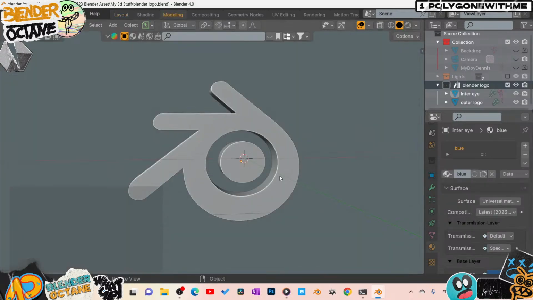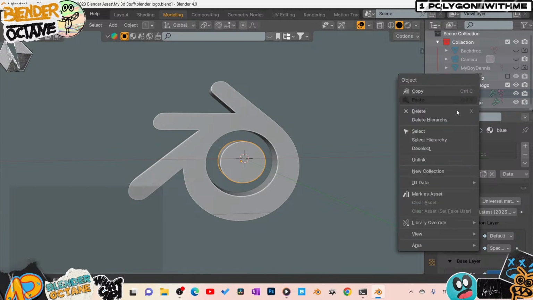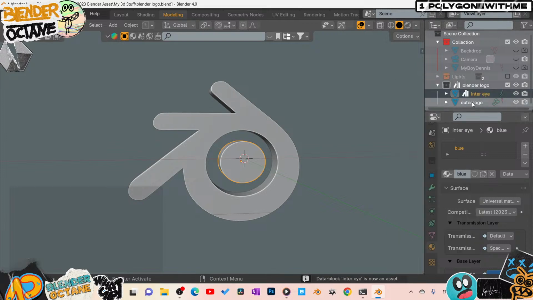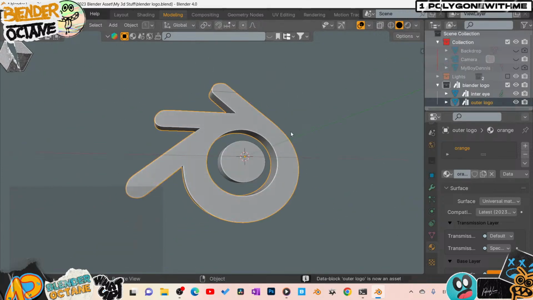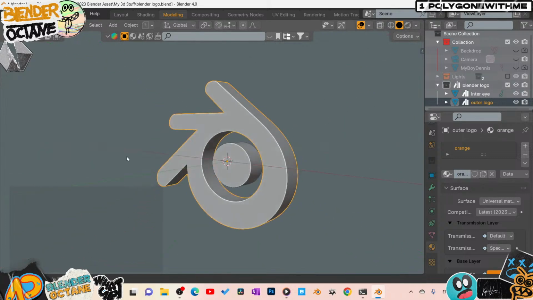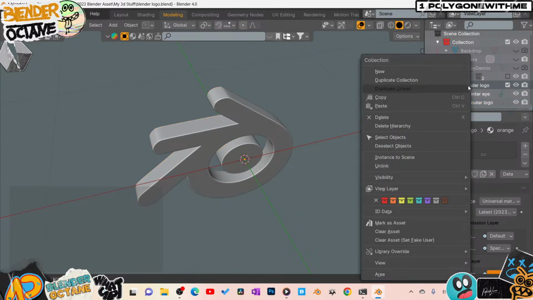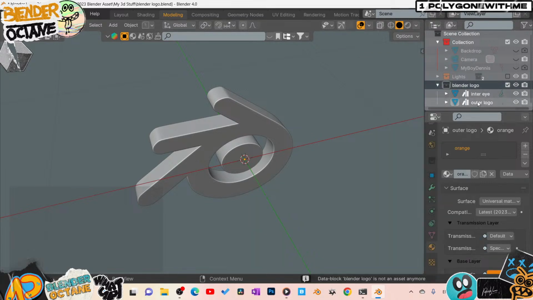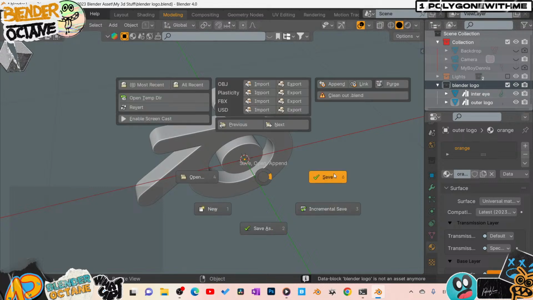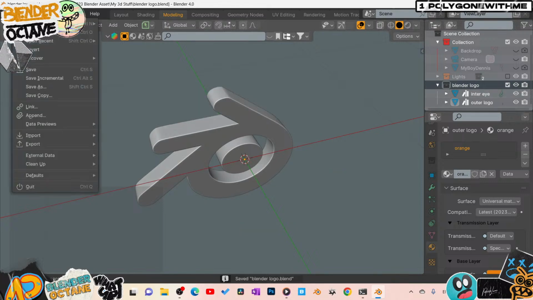Okay, here we go. See, I made the whole collection, so I should make these guys here their own assets also, so it's accessible. But that's good to know: if you have something that's a bunch of pieces and you don't want it to be all separate pieces, you can set your materials, get everything set up, and then just make the collection a whole asset. So then I think I'm gonna clear this as an asset, then clear asset. Okay, and then save that. And now that should allow us to